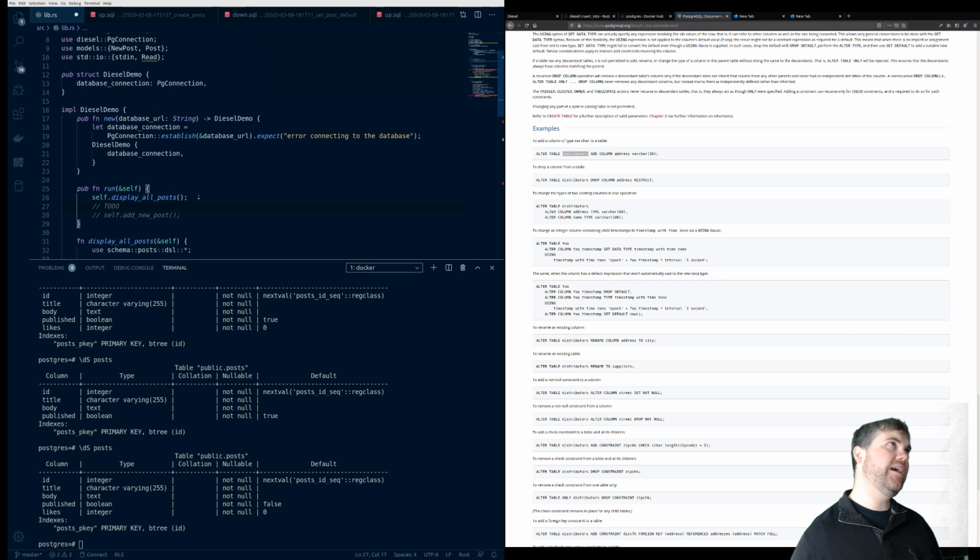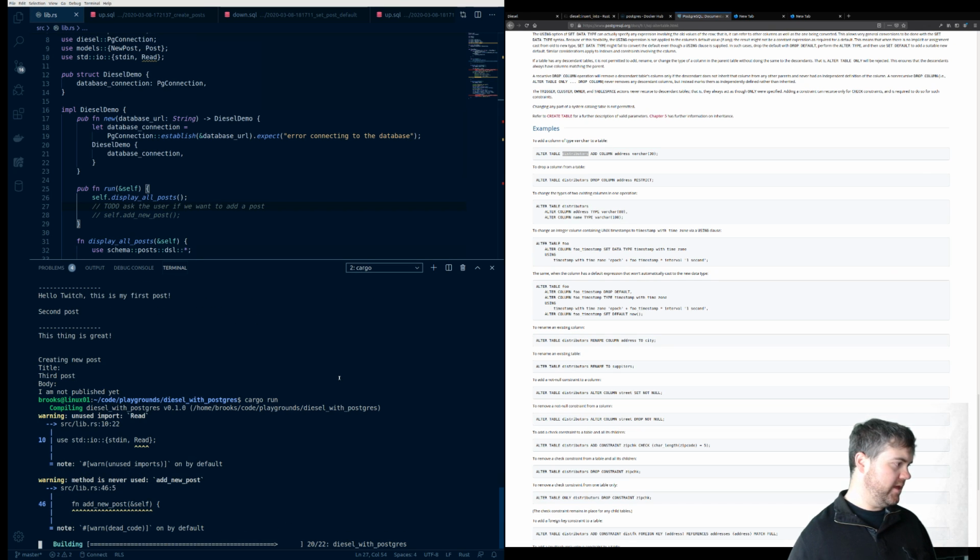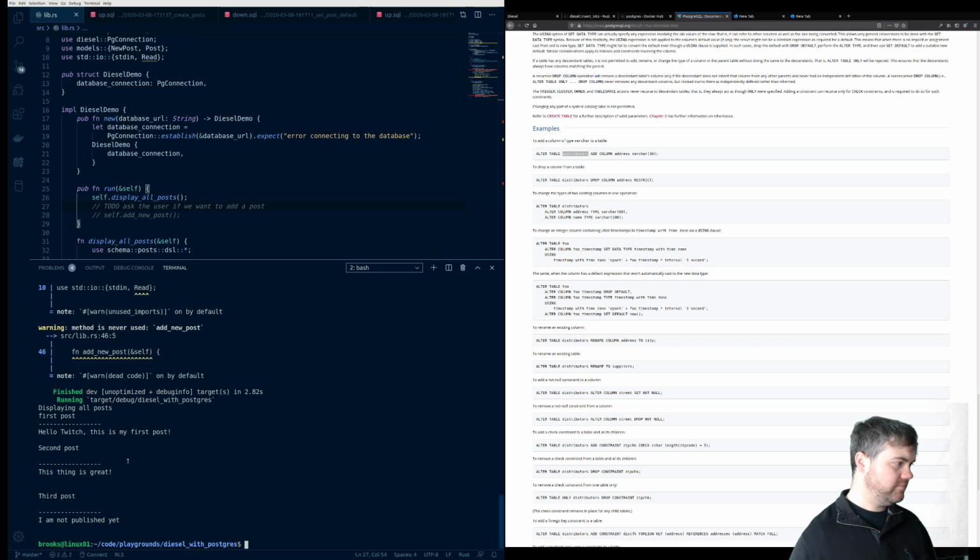To-do, let's see, determine, ask the user, want to add a post. And so now, if I switch back to you, cargo run. So we get this third post that's not published yet. So we want to filter that out